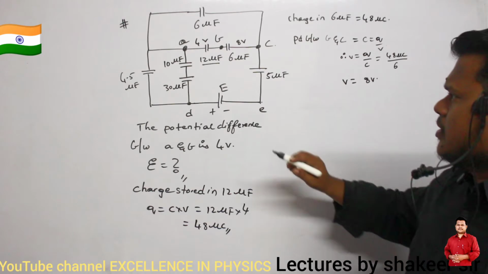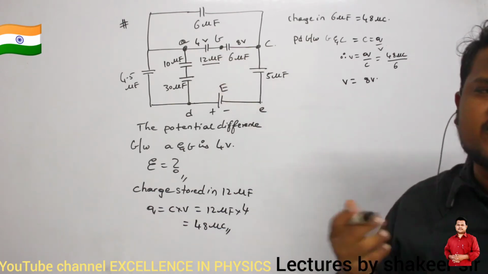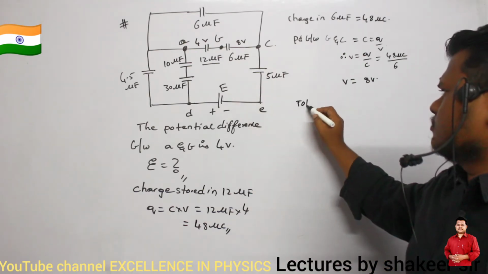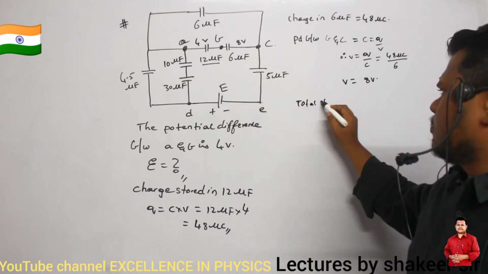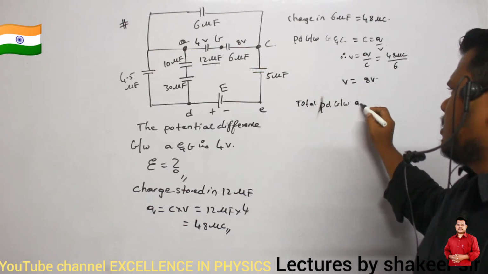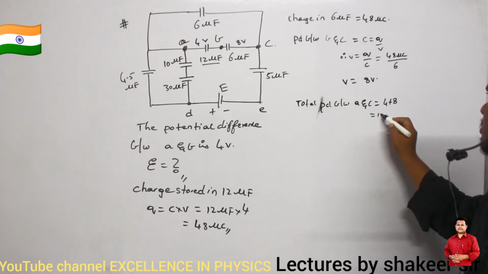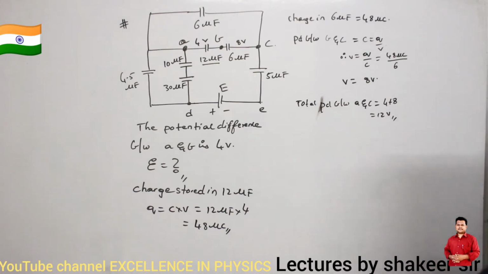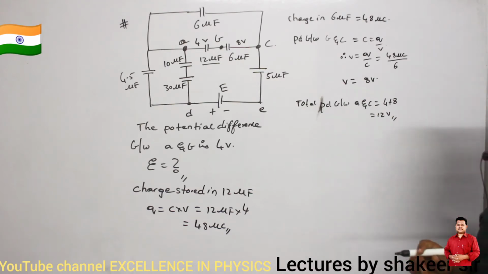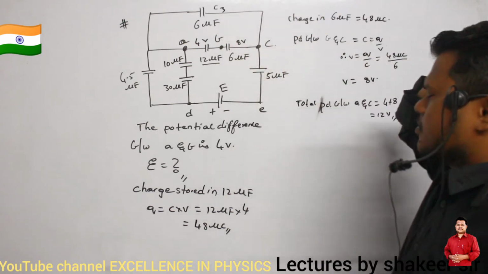Okay. So here the potential difference is 4 volts. Here the potential difference is 8 volts. So what is the total potential difference between A and C? It is 4 plus 8 is equal to 12 volts. This is the potential difference between points A and C. Clear? Okay. Then let us call this capacitance C3, for example.